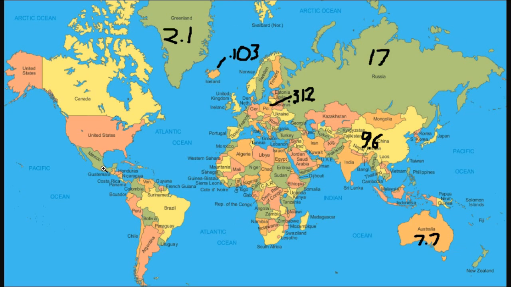Now there's one other really interesting thing about this map, and that is the shape of Australia. I'm choosing Australia because it's where I live. If you live in the United States, you choose the United States. It doesn't matter where you live. If you live in Poland, Germany, the UK, it doesn't really matter. You can do the same experiment.